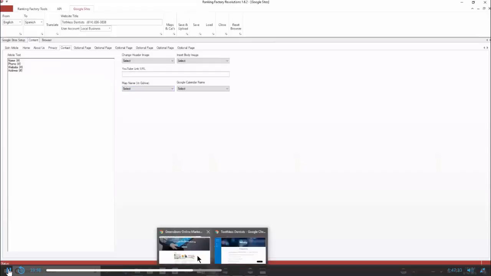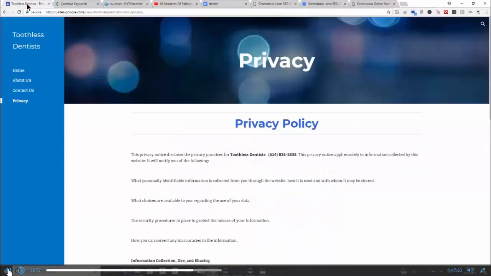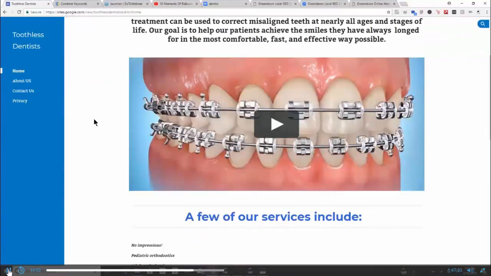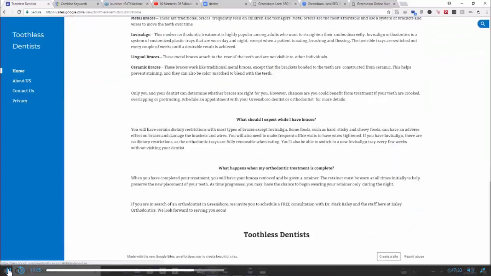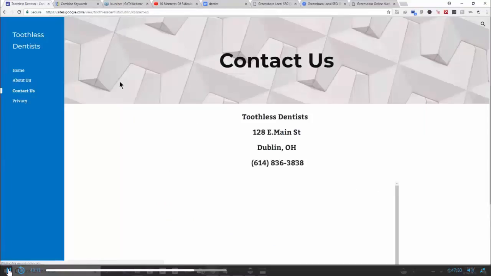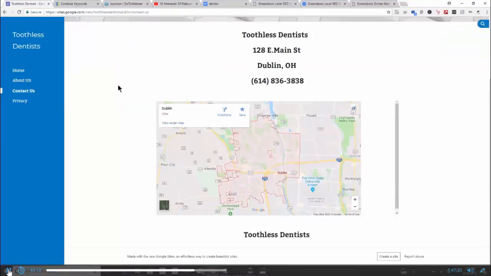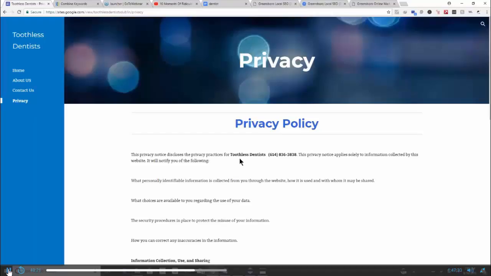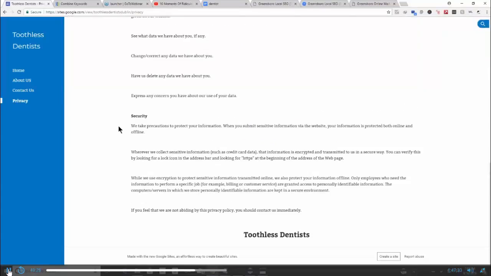I've got a G site I built here. You can see you've got your title, an image back here. You can have an image of videos in it, an About Us page, Contact Us page, which includes, I've got a map in there. The headers can be different or all the same. Same way with footers, you can have them all different or the same. Privacy policy, and you see it just inserts whatever you name your page into the privacy policy that's standard, acceptable to Google,